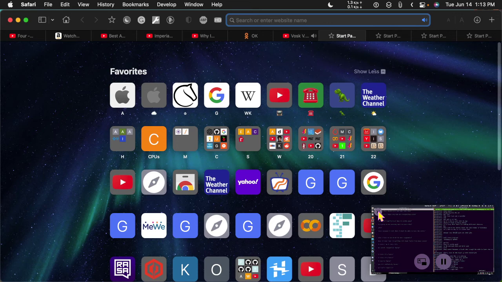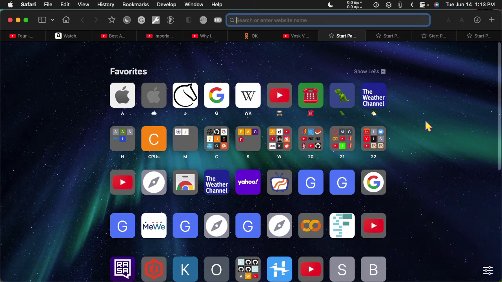So that's another thing that I like very much about Safari. Now, you can get an extension in Chrome to do picture-in-picture, but I found that it didn't really work very well. That's one of the things that I like about macOS in general, is that the things that have been added